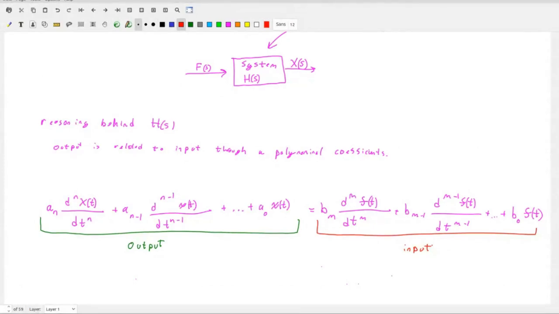If you're looking down on your transfer problem from that space, just think about it like this, where x of t is the output and f of t is our input. So we can go ahead and take the Laplace transform of both sides of this equation. If we take the Laplace transform of the left side, actually, I'm just going to go ahead